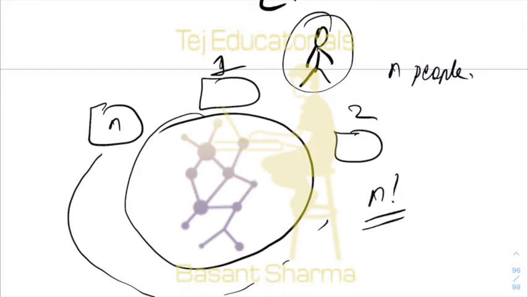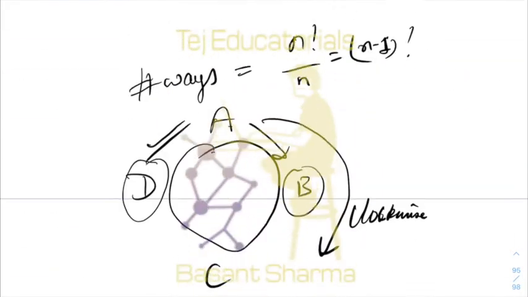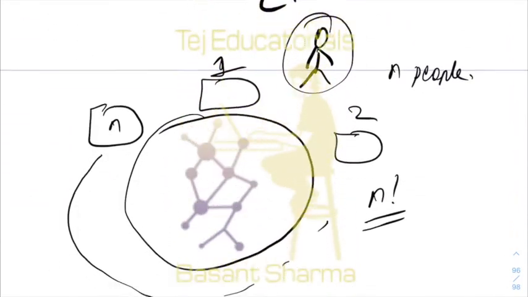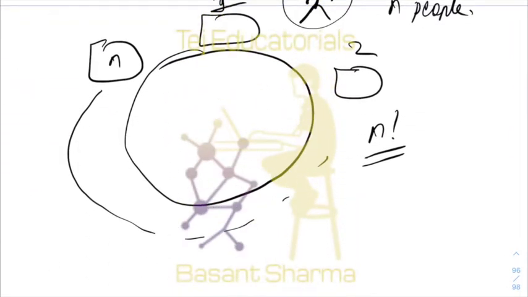Now this is the original concept that we discussed, where I said that if you rotate clockwise, then all these 4 permutations are essentially the same. Well, all these 4 will now be counted as different if the seats are numbered, because now it matters on which seat a particular person is sitting. So that's why if the seats are numbered, then circular permutation is just simple linear permutation.